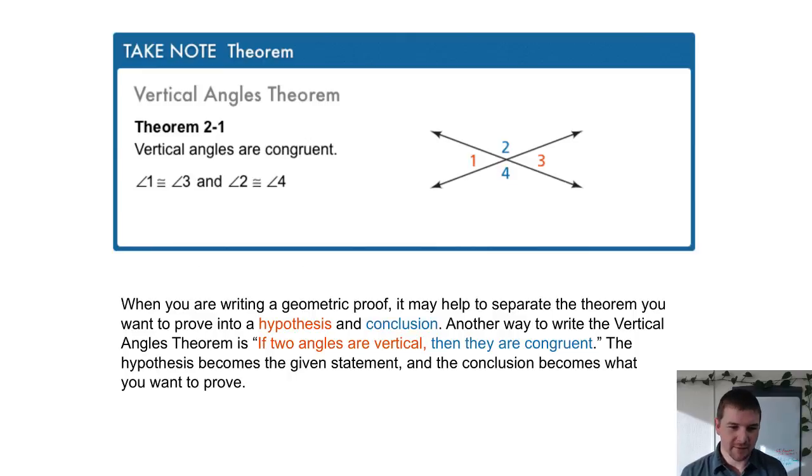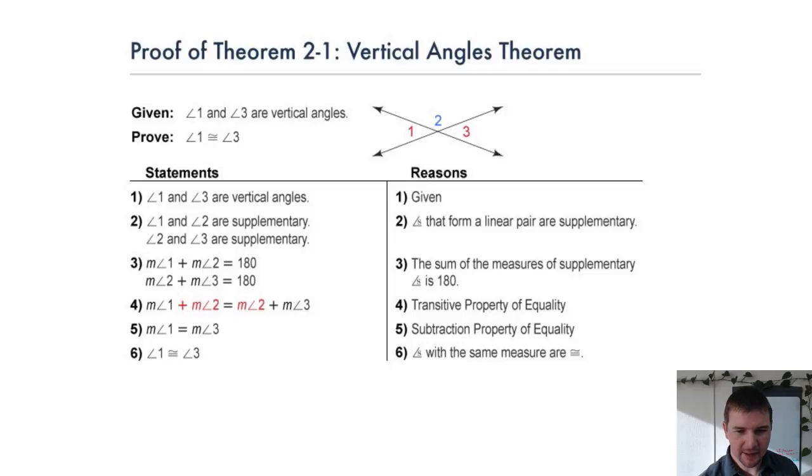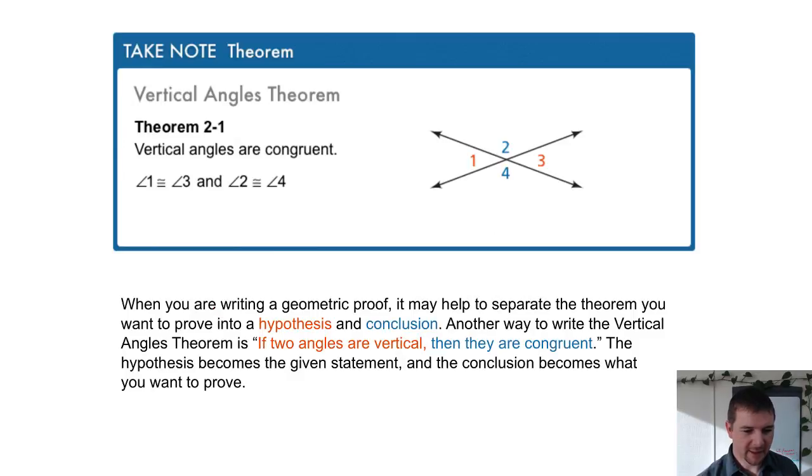The vertical angles theorem, Theorem 2-1, states that vertical angles are congruent. In this case, we would define angles 1 and 3 as being congruent because they're vertical angles. So vertical,